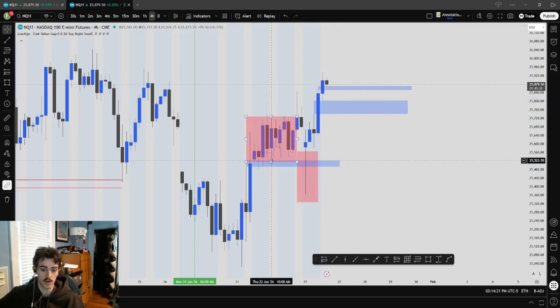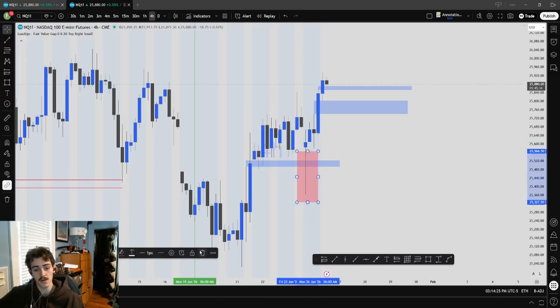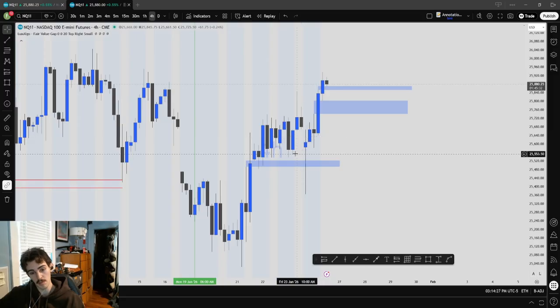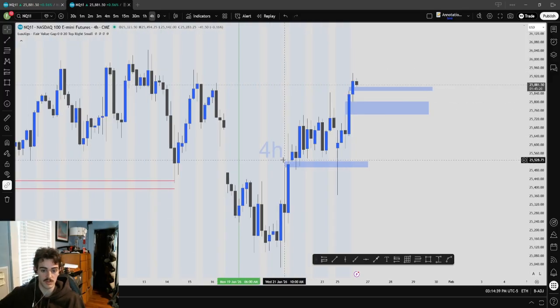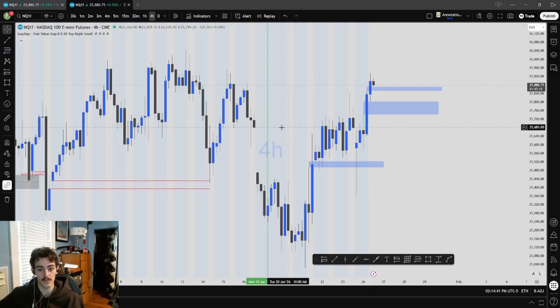So this long wick like this was a key bullish signature for price when we leave a long wick sweeping all of this trendline liquidity, and then moving higher for the New York session today and taking this previous day high. Another reason why I was bullish was I do think we are in a market maker buy model